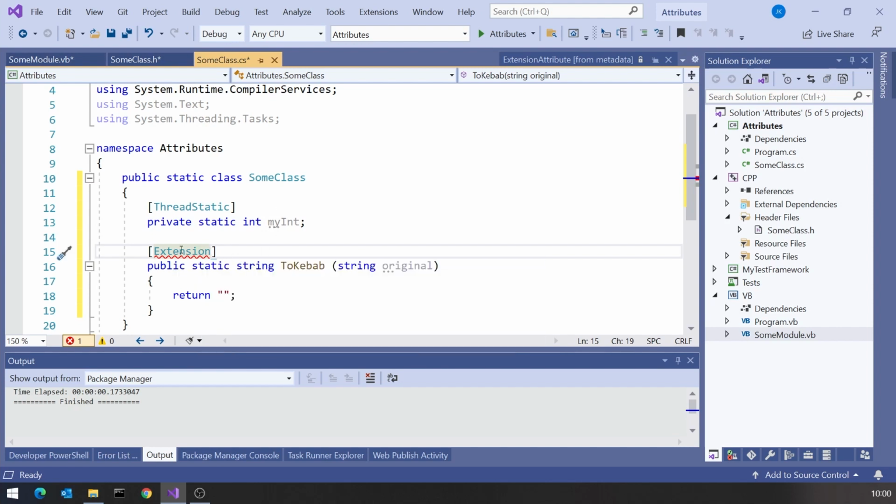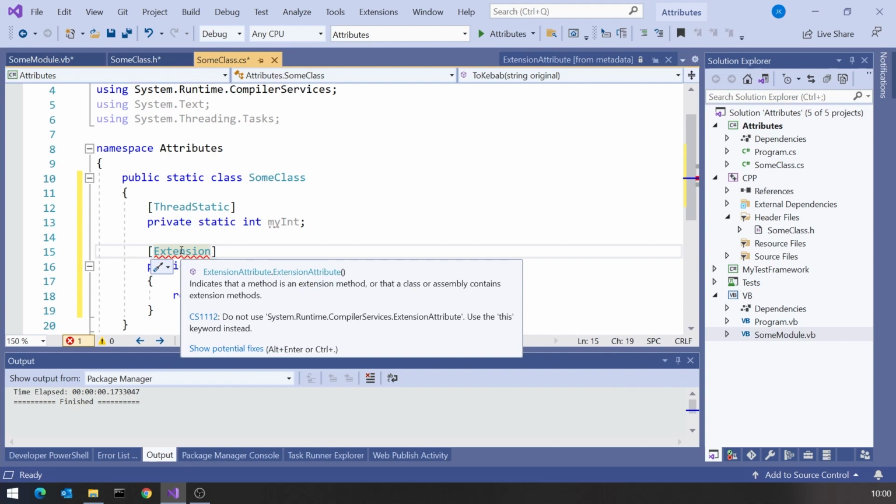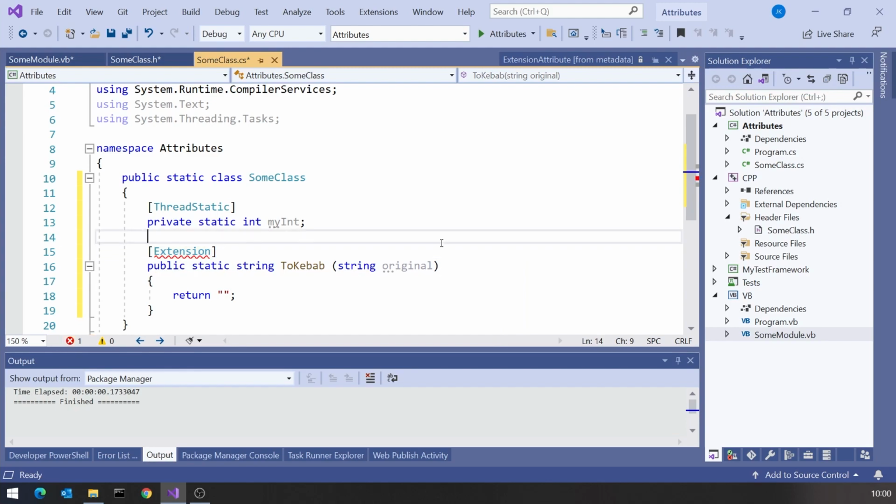But it's then giving us an error basically saying, this is C#, you don't need to do that because we've got the this keyword. So although attributes are available in any language because they come from a library in .NET, that doesn't mean that the compiler for every language has to interpret them, and it could ignore them, but better, at least it gives an error in that case to tell us the right way to do things.